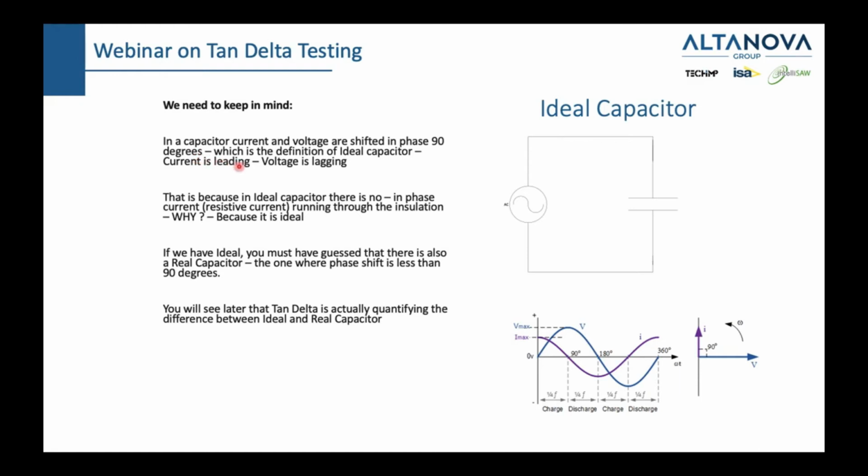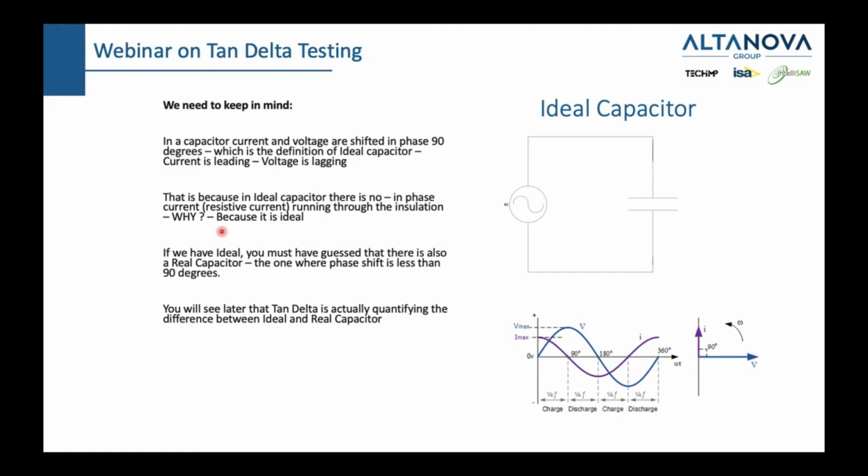So the current is leading and the voltage is lagging, as you can see here. That is because the ideal capacitor has no in-phase current. It doesn't have any resistive current because it's an ideal capacitor. But you might already understand that since there is no such a thing as an ideal capacitor,